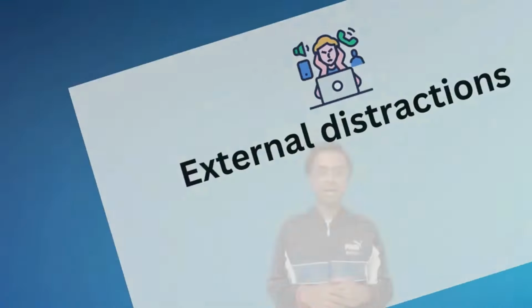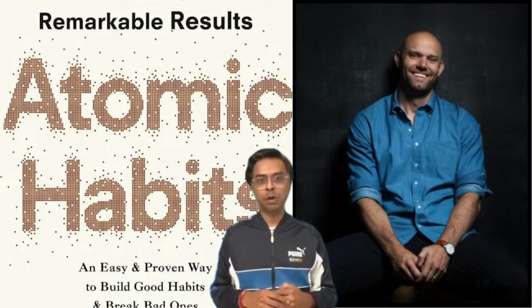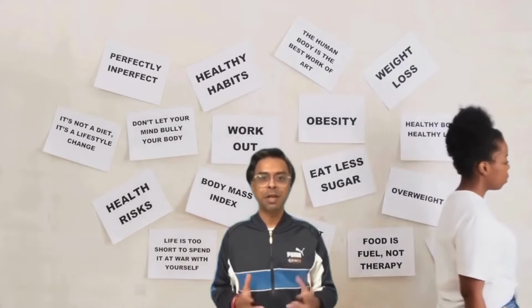External distractions. As James Clear says in his book Atomic Habits, our desires and our environment often influence our habits. We want things simply because they are an option in front of us. For example, if I have my phone within reach while working, I end up scrolling for no reason. It's an ultimate distraction, as we are letting ourselves consume or feed additional distraction or information, or even get into an unwanted mind engagement.